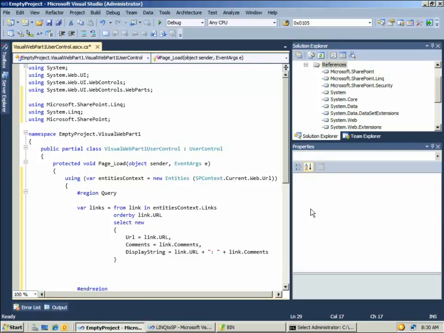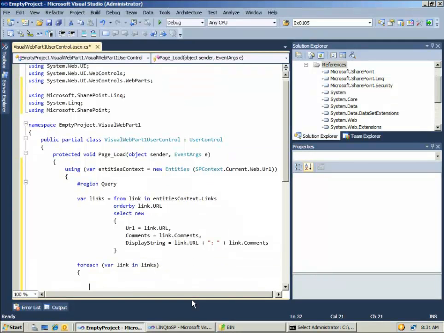So that's not enough to actually run this thing. The link queries aren't called until you actually use them. So at the moment, my links variable is null. So to get some data in there, let's start using it. And to do that, we're going to enumerate. This query is going to return for us an object of type IEnumerable. So that means I can use it in a for each loop. And all I'm going to do is